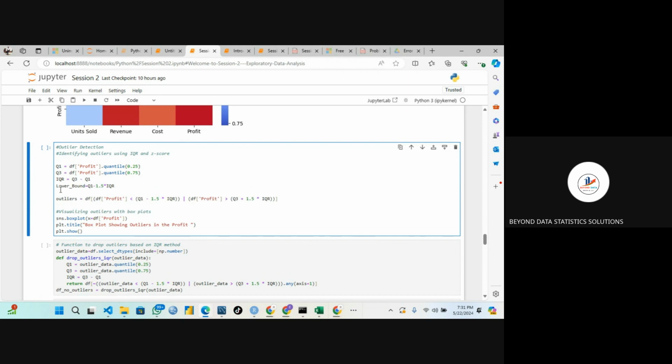And you compute your upper bound. So you compute your upper bound, which is Q3